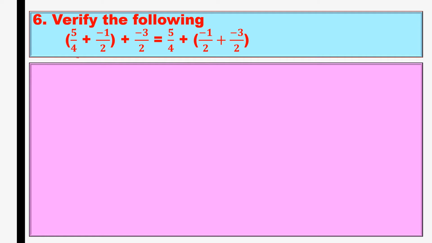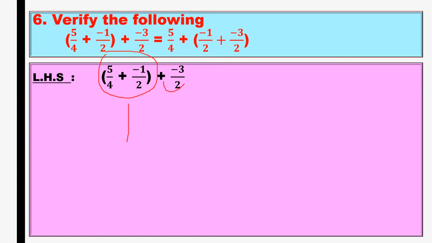I'll take this question as it is for simplification. So I am taking LHS, RHS separately. So I took LHS here. So here, if you see properly, plus and minus symbols are there. Okay. So first you should simplify the bracket things. Simplification means each and every step should be simplified. Okay. So first I'll simplify my bracket things. First you go with the bracket thing, simplify it, and whatever answer you got, add to the outside one.